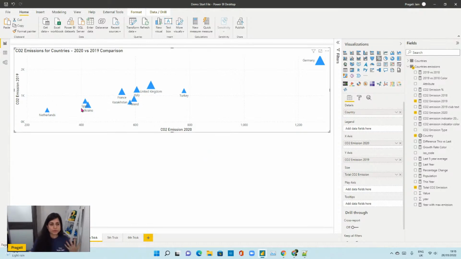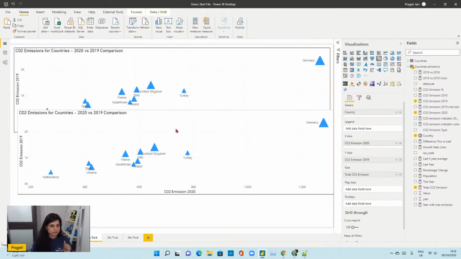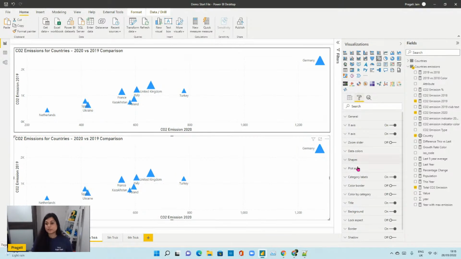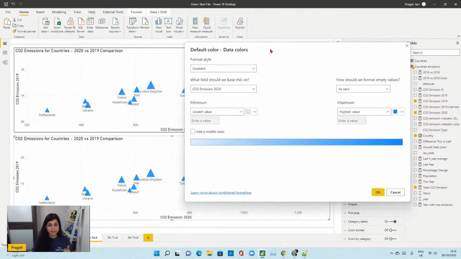But what if I want to give a similar kind of color combination here by just telling which country is doing good and which country is doing bad? So what we can do is, again, just copy the chart, go to the formatting options. We go with the same rules here again, data colors, because we want to format them. And again, now what I'll do is I want to color code this scatter plot points based on the total